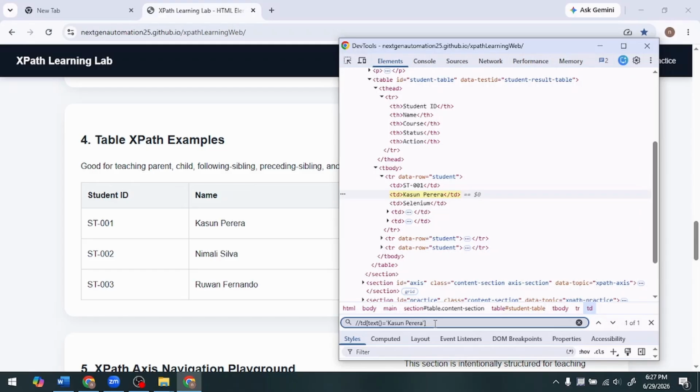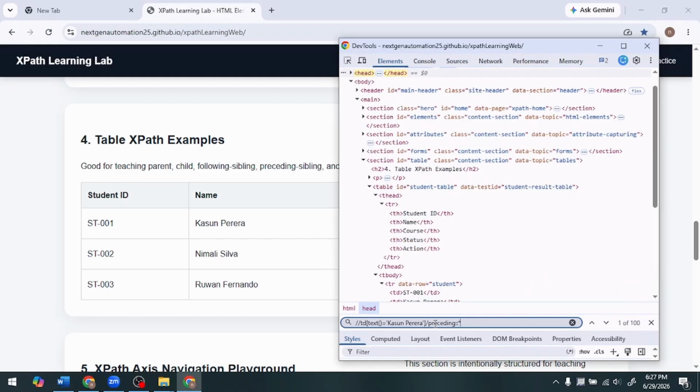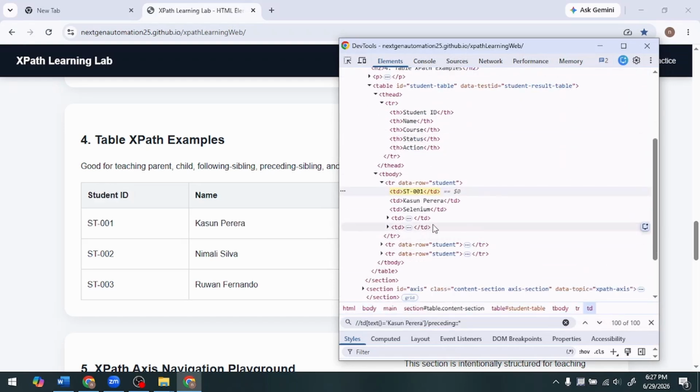So I put a slash and preceding, then star. It will return all the elements which are before that specific tag, meaning Cousin Pereira's tag, which is a TD tag. If I navigate to 100 of 100, you can see that ST001 is selected, which is before the Cousin Pereira's tag. Then, after preceding, we will learn about